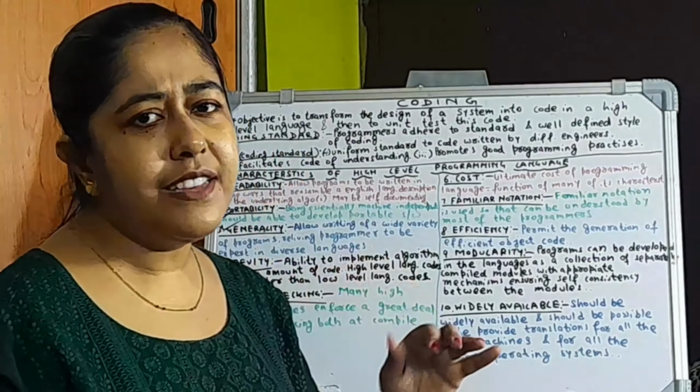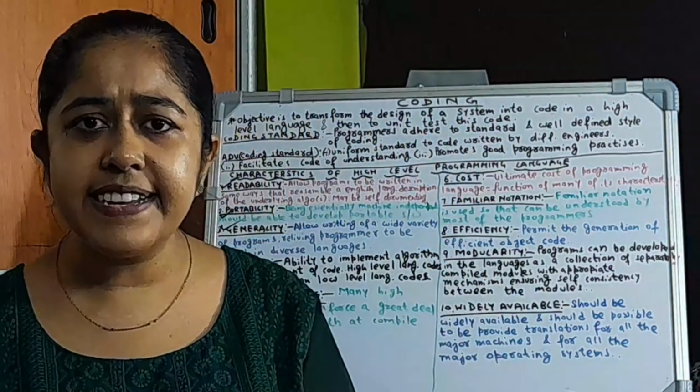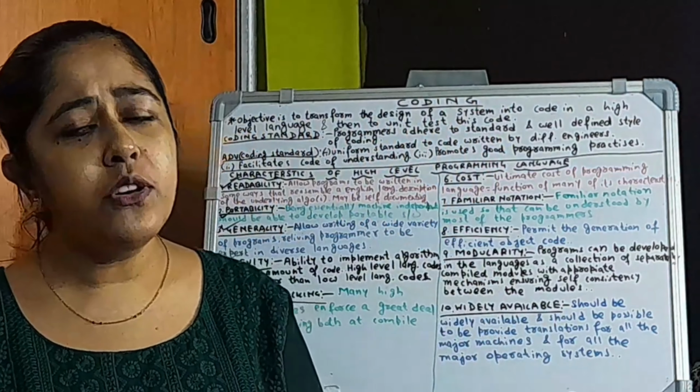If you are writing a huge amount of code, very complex coding, then it will be very difficult for you. If some error is coming, then checking that error will be very difficult for you. Also, the time complexity is more and the cost will also be more. So we have to write a code in such a way that it has very few lines of code,